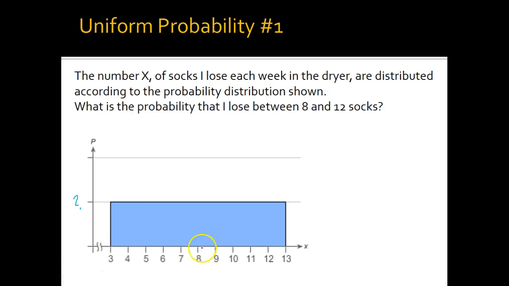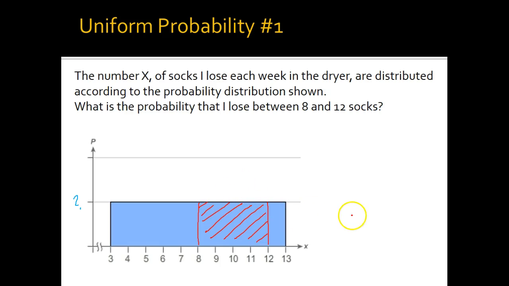Let's go back to red so we can see. We're talking about between 8 and 12. So what's the probability of the number of socks that I lost being between those two numbers? The answer is we're trying to find the area of that rectangle. But really what we're trying to do is find the probability of hitting in that rectangle out